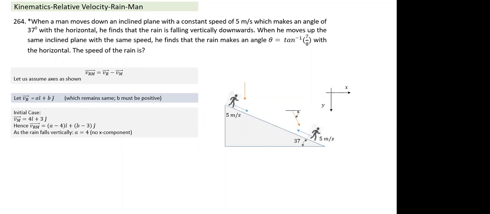What happens now in the second part? The man now moves up the inclined plane with the same speed. Some of you may ask why it is facing downwards; I had the same image, so it is moving upward. And moving at the same speed, 5 meters per second. Now what will happen? Let's see that. In that case, no X component. So what would